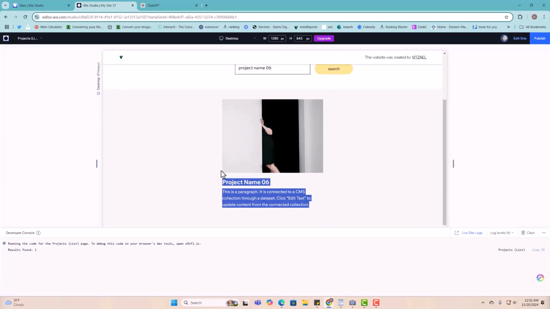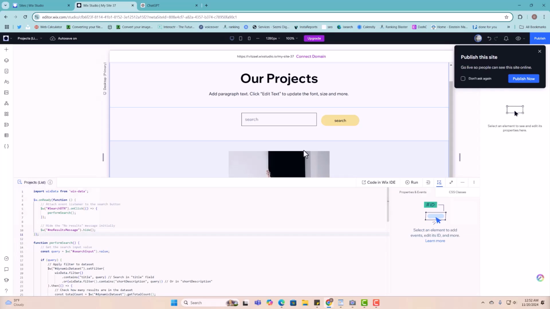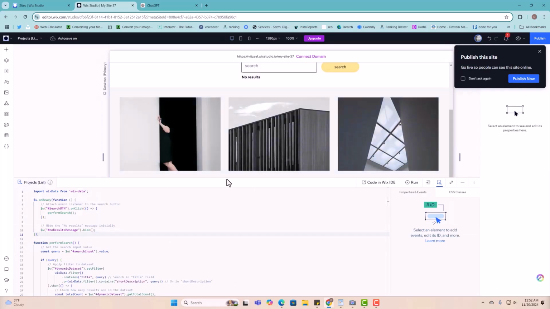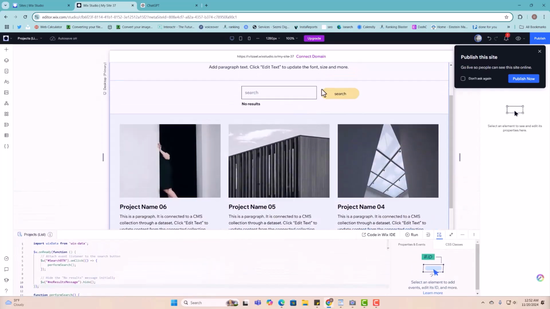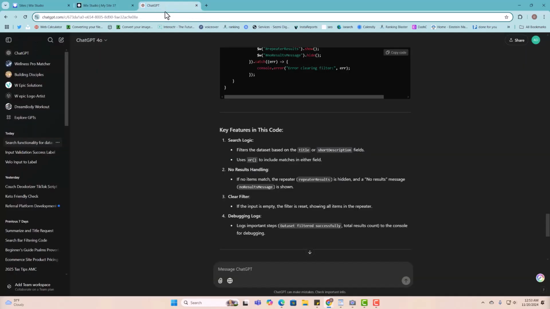So as you can see here now, it's working. So it tells you it found one. But again, what if I think this is just too complicated? The reason why sometimes I don't like having a button is because I don't want to have people getting no results because they're just not typing it exactly the way it is, right? So I'm gonna go back here and tell it,